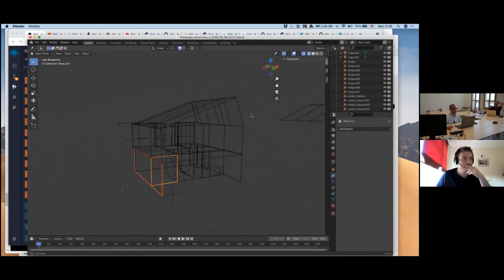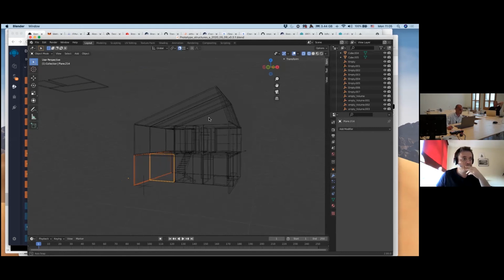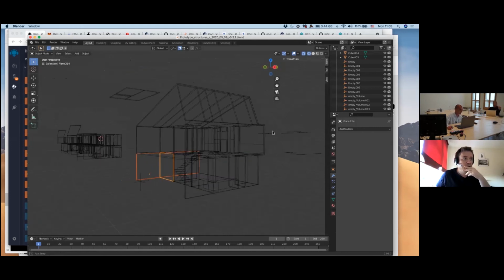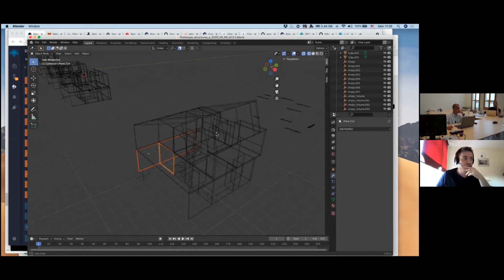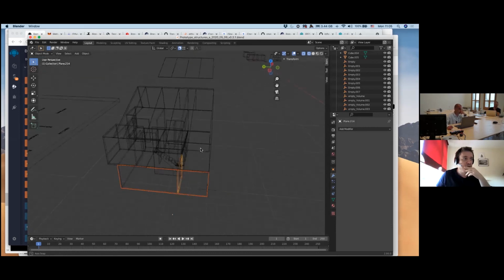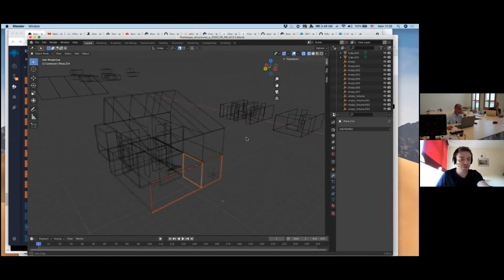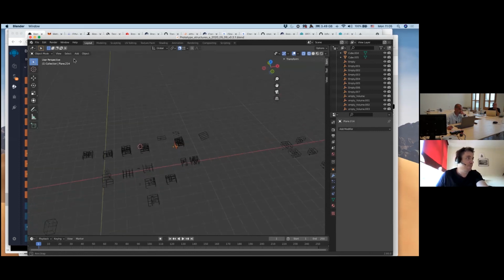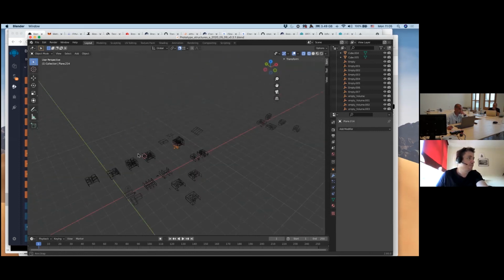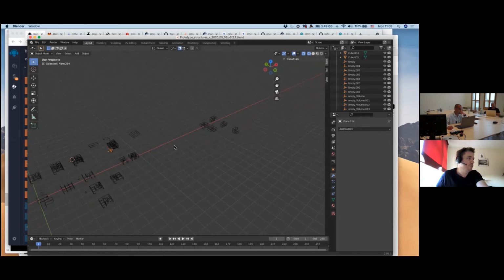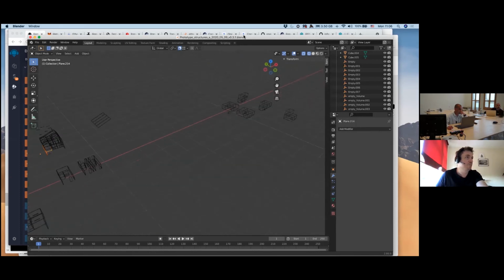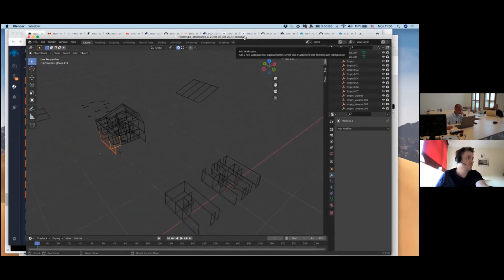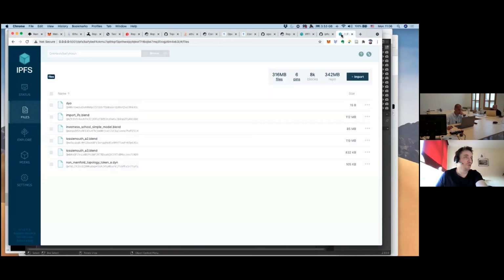So I have really simple drawings of a house here. I'll just use this one. So once you are ready and you have IPFS running,